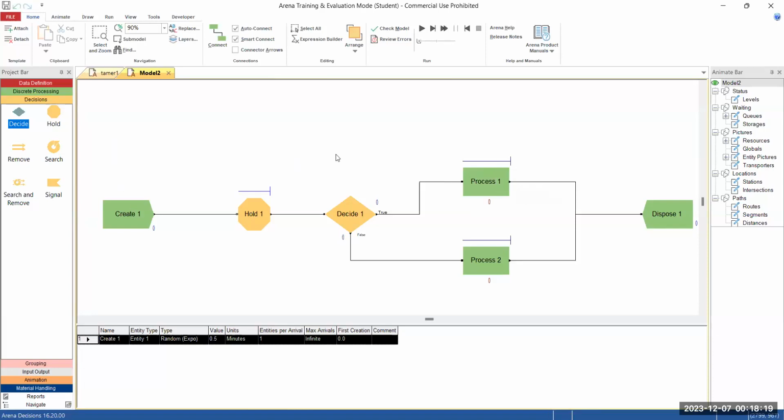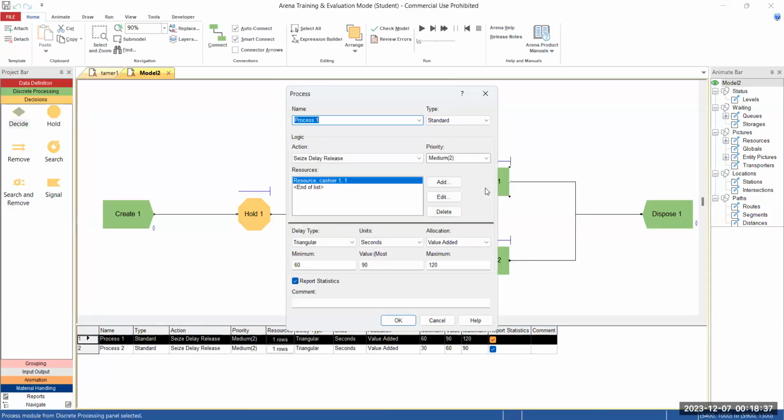After building that module, don't configure anything at the beginning, just build up the module, because to configure the Decide and the Hold, we need first to configure process one and process two. So start with process one. Instead of the default Delay, I choose Seize, Delay, Release, because that resource, or that cashier in that situation,